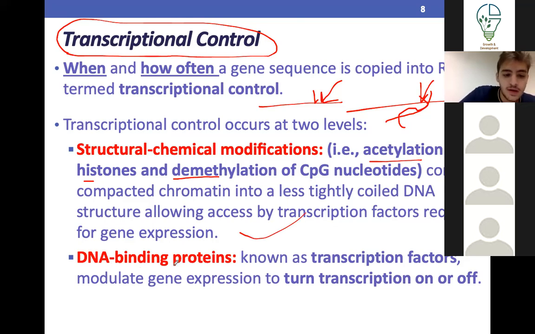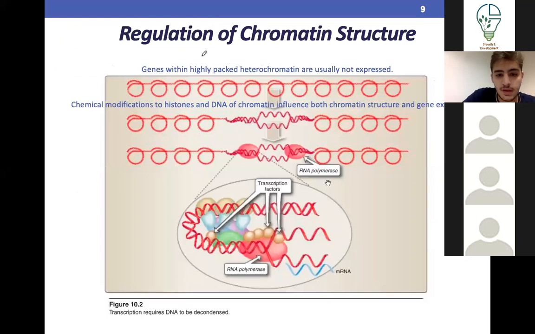The second thing is the DNA binding proteins. Just because you have DNA that is not methylated and is exposed to RNA polymerase doesn't mean that it will get transcribed. In order to transcribe a certain gene, so you have a gene, all right, and before it you have a promoter sequence, okay? This promoter sequence needs to be activated in order to transcribe the gene. So if this promoter sequence wasn't activated, you control the gene at a transcriptional level. We'll talk more about this, okay? I don't want to explain this here, I'll explain it later.